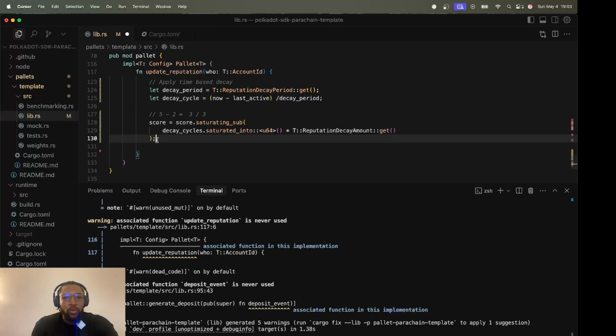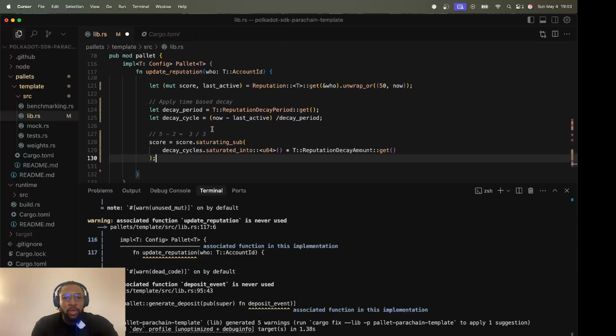And just copy this code from somewhere I saved. So now, based on this decay, we want to get the score.